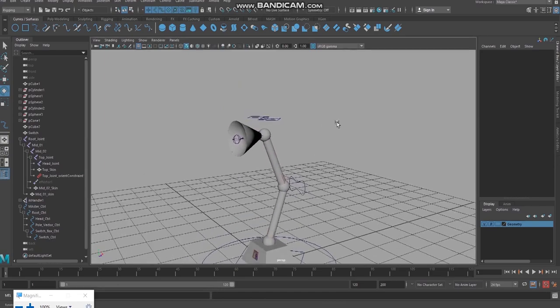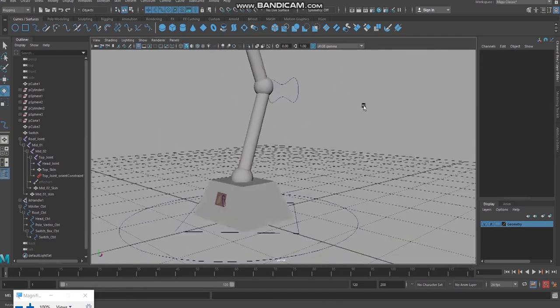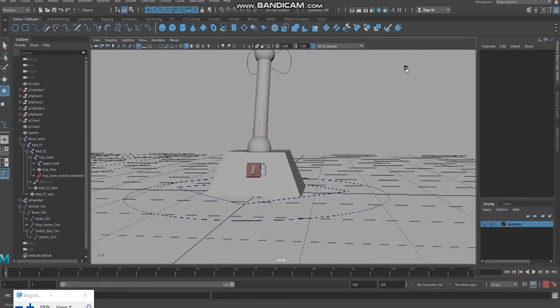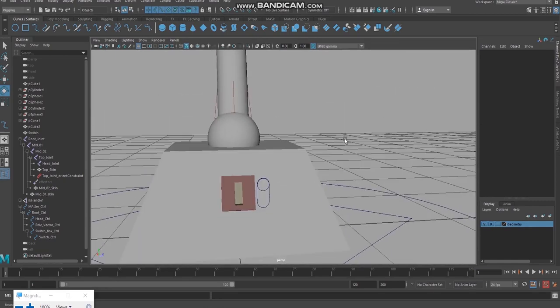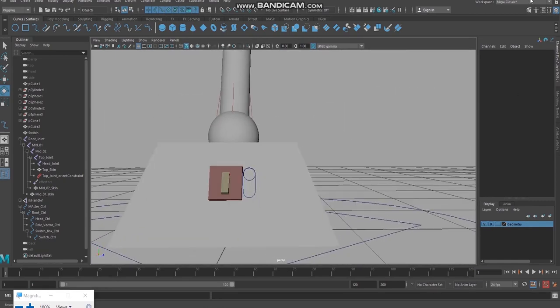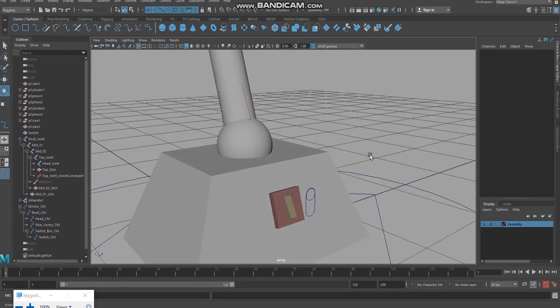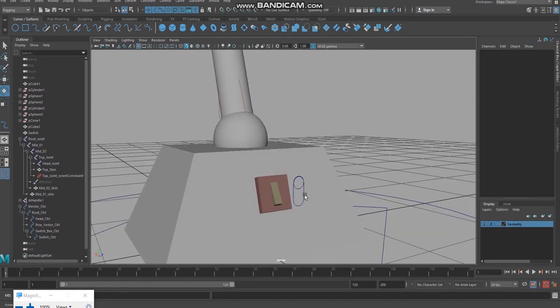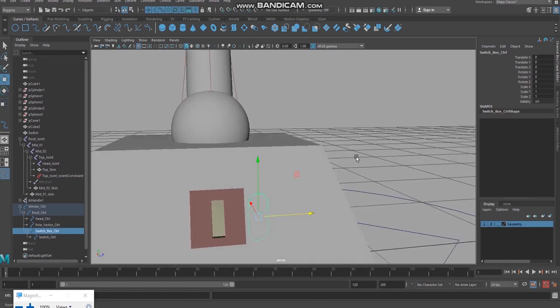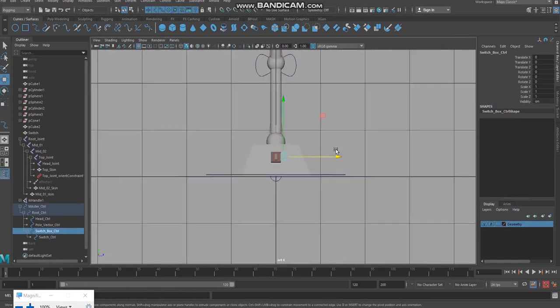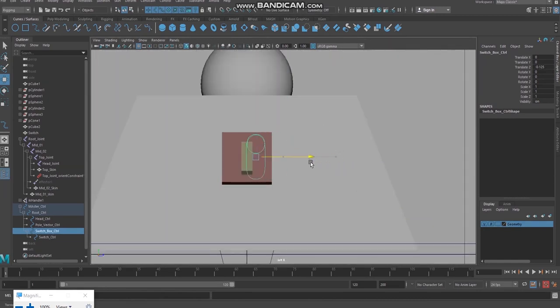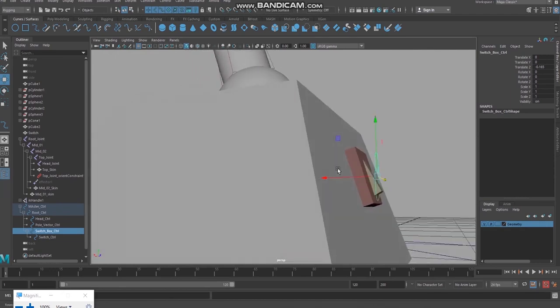One more important controller we need to deal with is this switch controller. We need to give connectivity. Before that, I can bring the switch controller directly in front of the switch itself, so that it will be easily understandable.